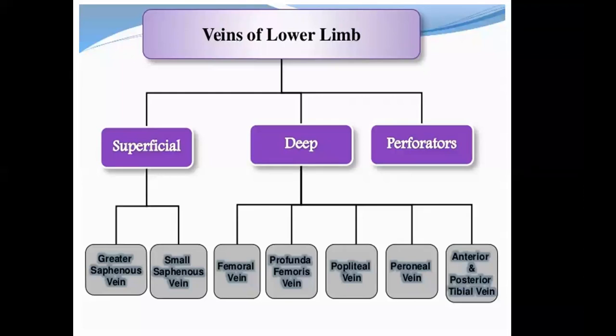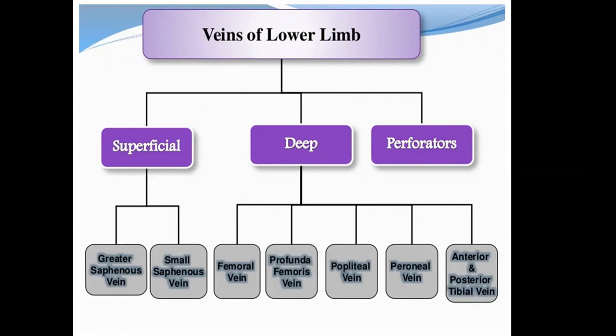As the name indicates, the superficial veins lie in the superficial fascia, the superficial fascial layer of the lower limb, that is very superficial. You can even see the superficial veins in some normal as well as disease conditions. Whereas the deep veins are located in the deeper fascial layers within the muscles, along with the corresponding arteries. You will come to know further that the deep veins are accompanied by the associated arteries and